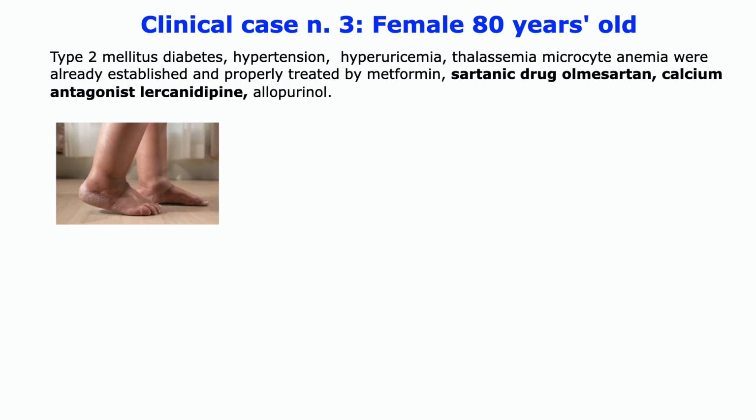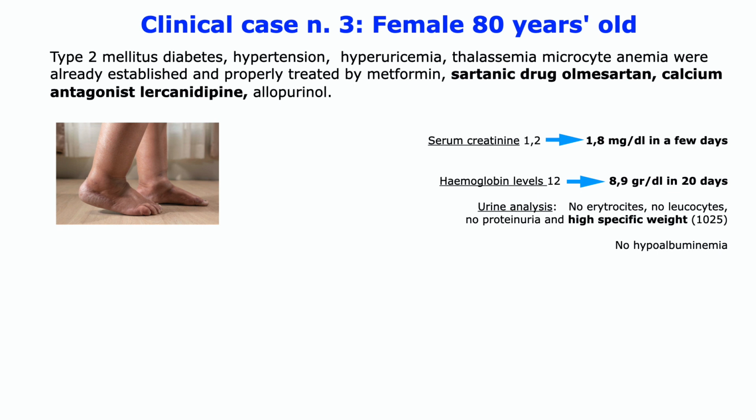Over the past weeks, the syndrome was made up of bilateral pedal edemas, increase of serum creatinine from 1.2 up to 1.8 milligrams per deciliter, unexpected decrease of hemoglobin levels from 12 to 8.9 grams per deciliter. No proteinuria and low serum albumin were evident to sustain the hypothesis of dyscrasic edemas and/or other intrinsic renal causes